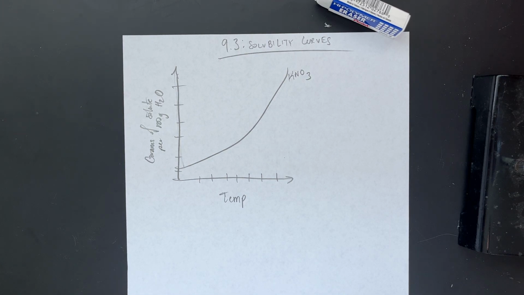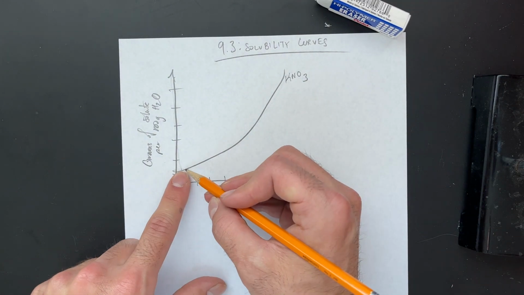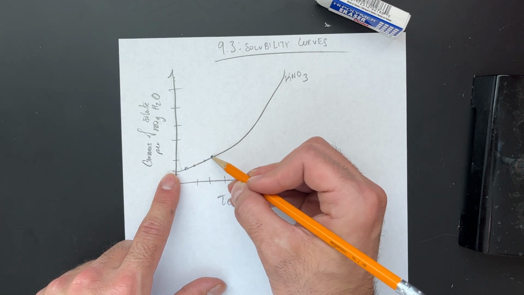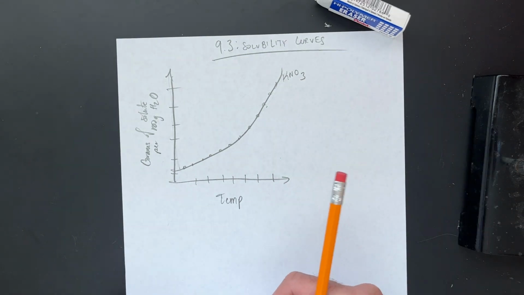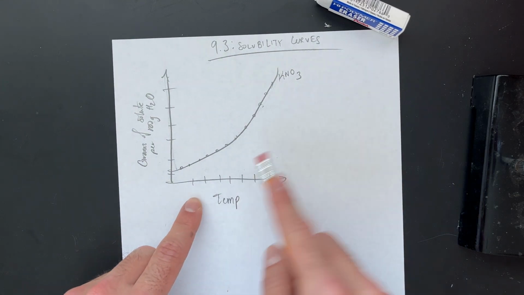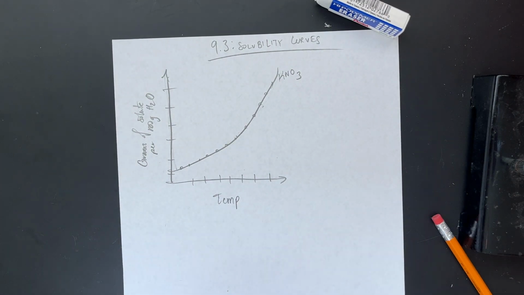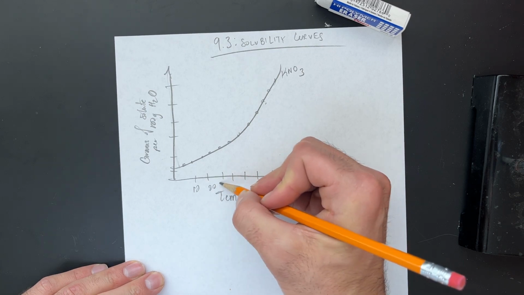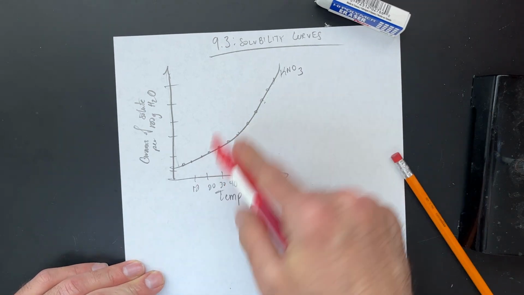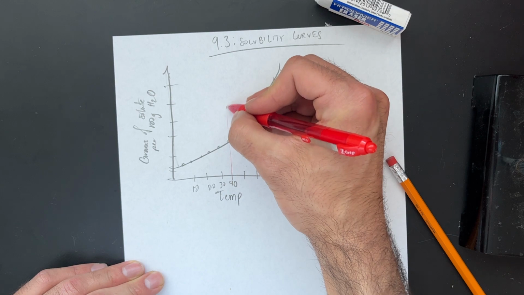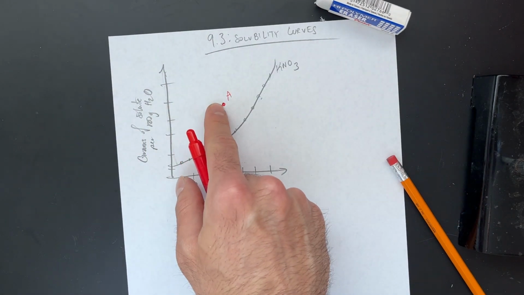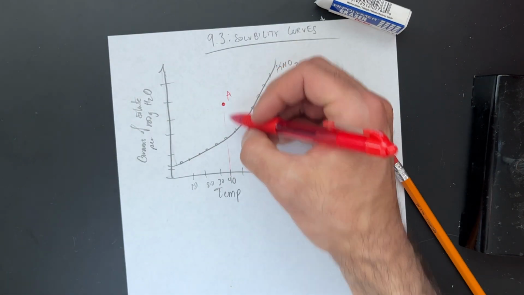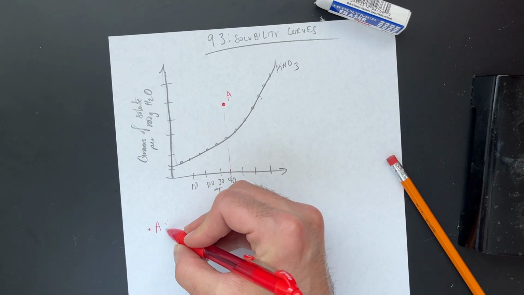And so what we can see is that at different temperatures, the points here are telling us exactly what the maximum amount of solute is that you can dissolve. Now, do note that the points are the maximum at that temperature, right? For example, let's just label these 10, 20, 30, 40. At 40 degrees, if you put this much solute, A is an example of